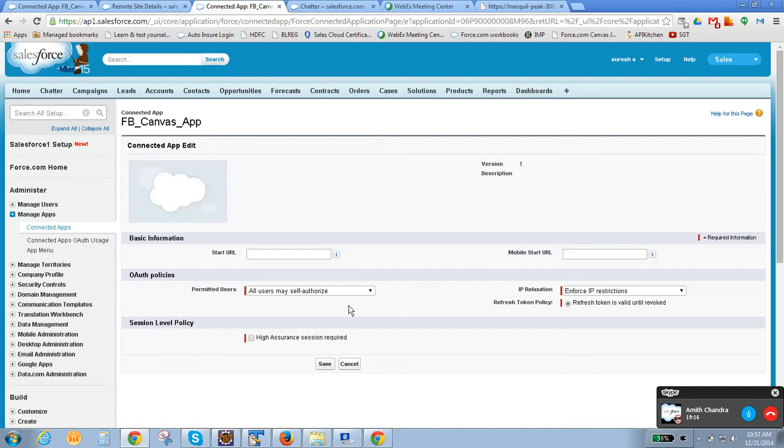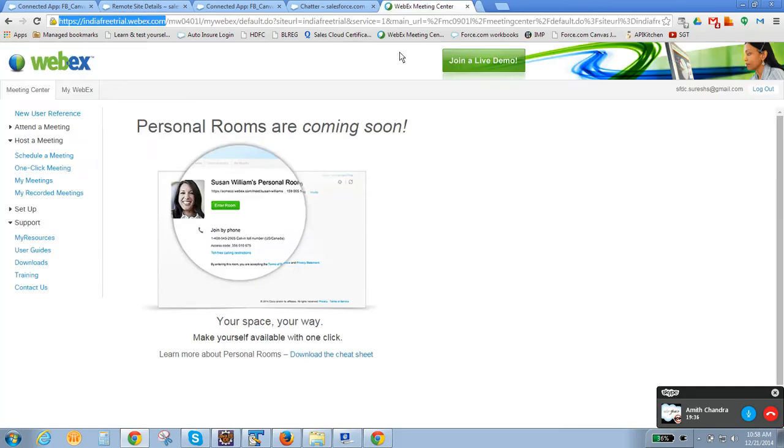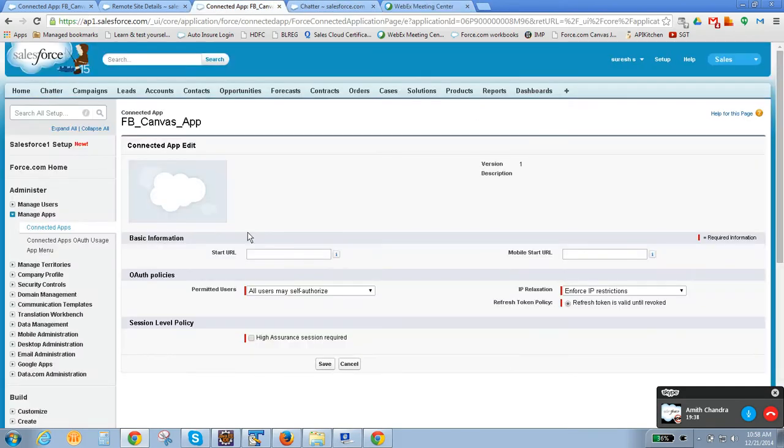If you make it admin approved users are pre-authorized, then we have to make an authentication at this endpoint. How to make authentication is by using the consumer key and consumer secret. We'll discuss that. Now you are clear, right? That is how you can open that page here.